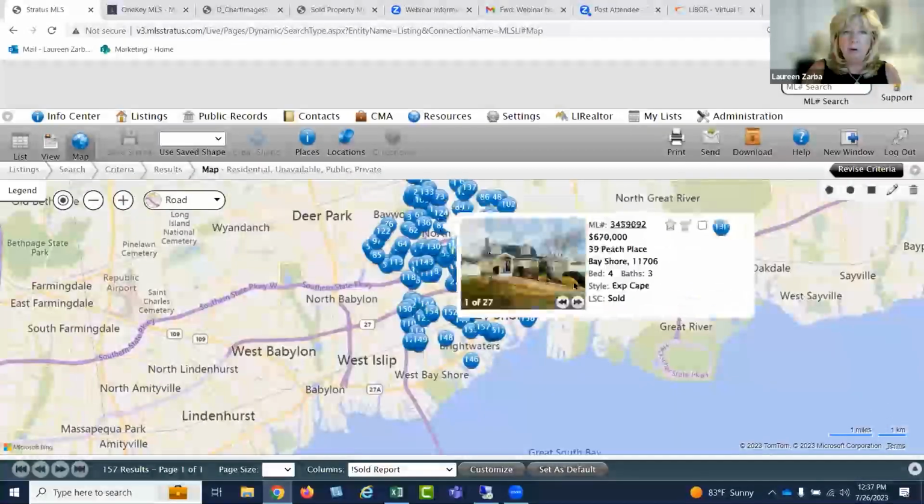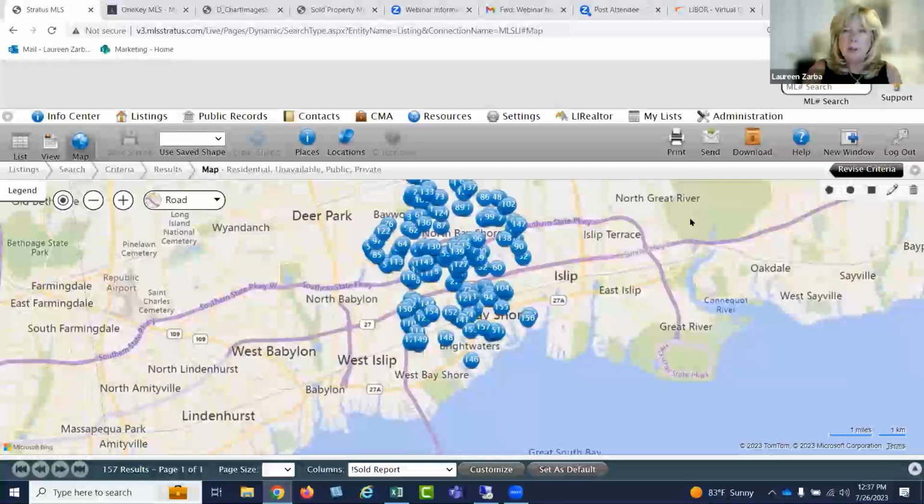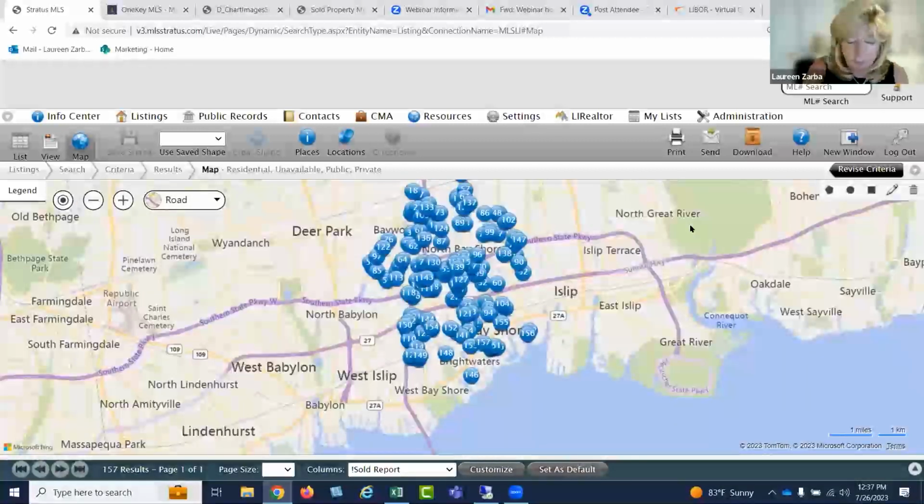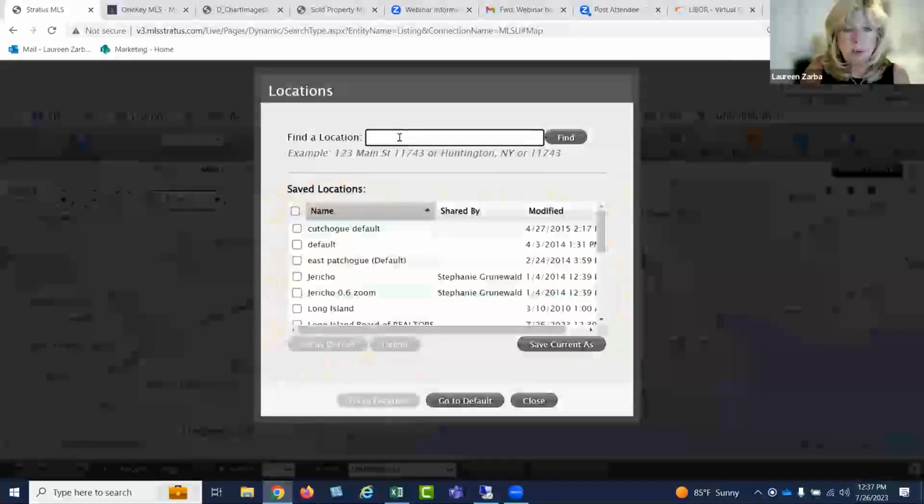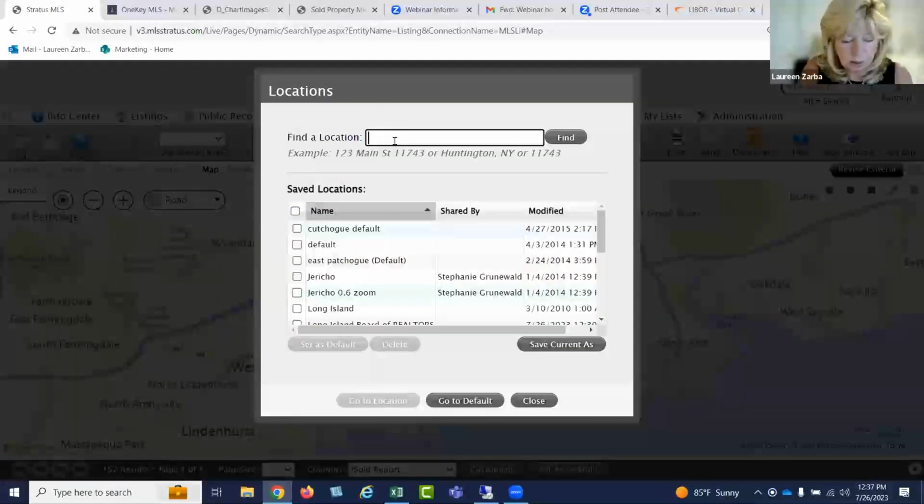You can kind of hover around. How am I going to find my subject property, which I do have one? And some of you might know it's in locations. Really, really great if you haven't seen this. The house is not on the market, but it is in public records. So you can do this for your house. Go to the locations and put the address in. So I have an address here,